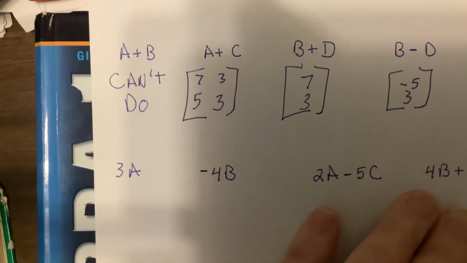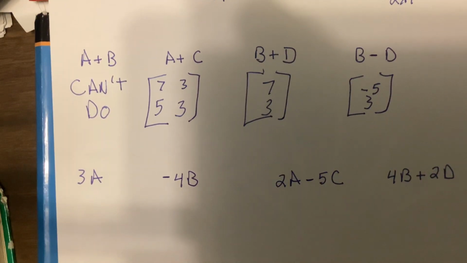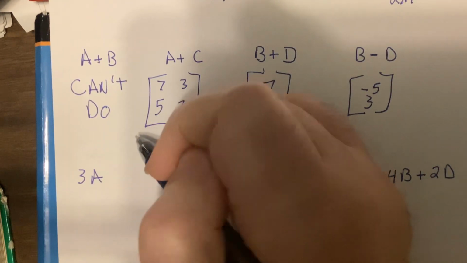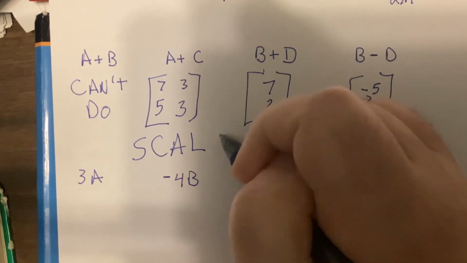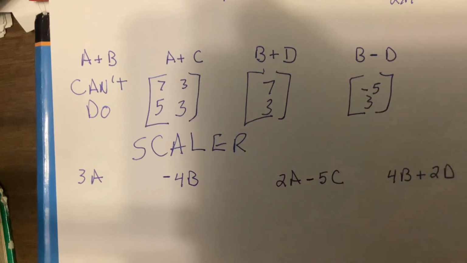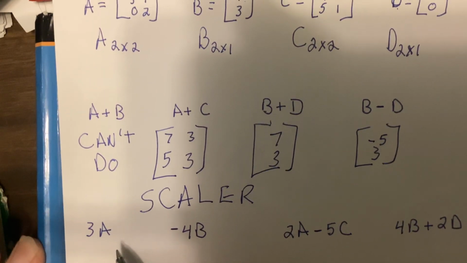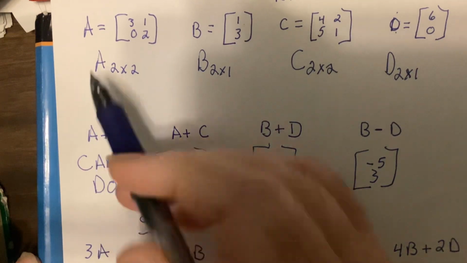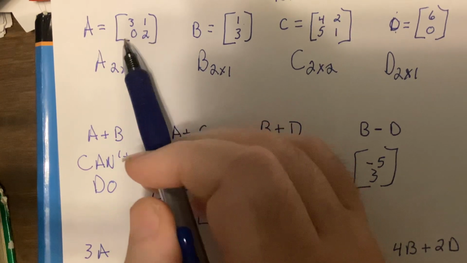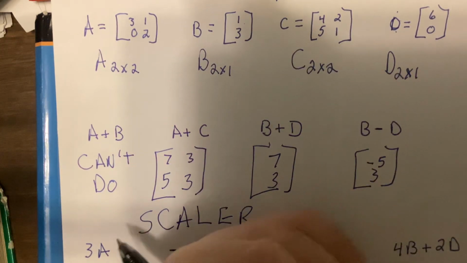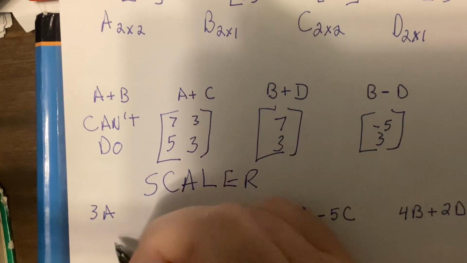Now we have something called scalar, S-C-A-L-A-R. It's when you're multiplying a number to the matrix. So if I said 3A, here's matrix A. What it means is just multiply every term by 3. There's really not a whole lot to it. So we would have